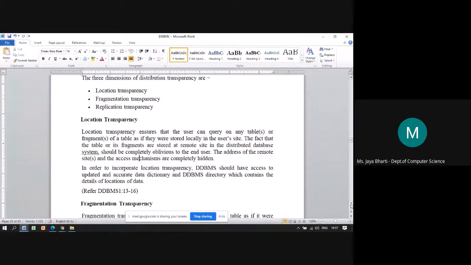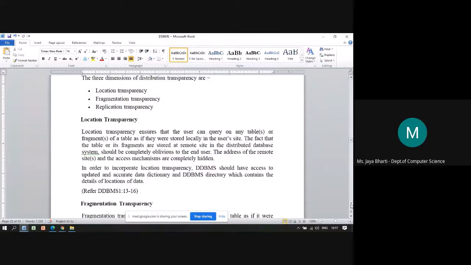So in order to incorporate location transparency, the distributed database management system should have access to an updated and accurate data dictionary and a distributed database management system directory, which contains the details of the location of data.